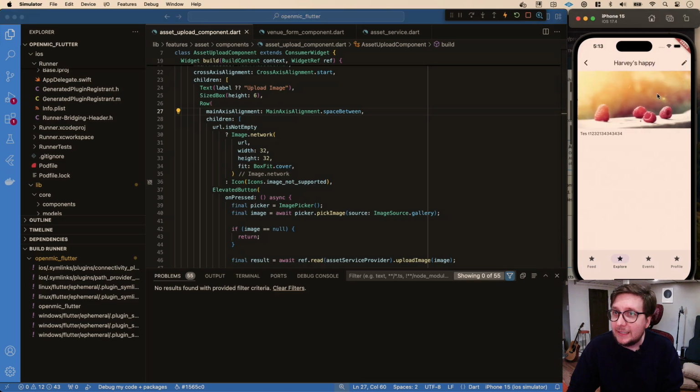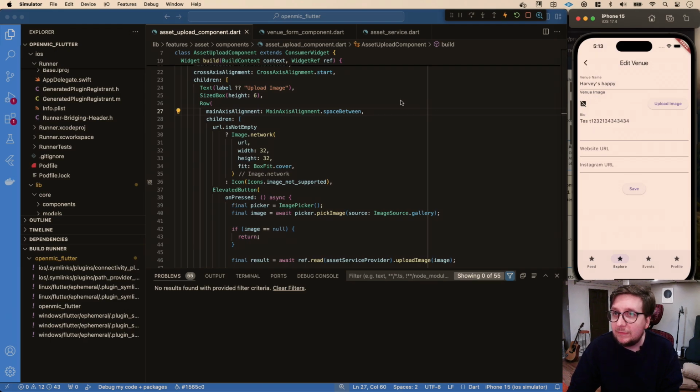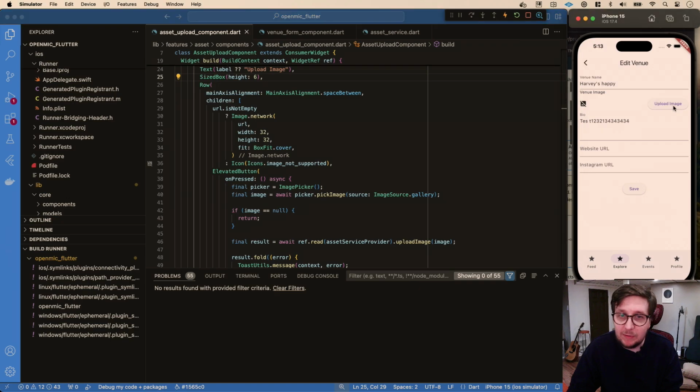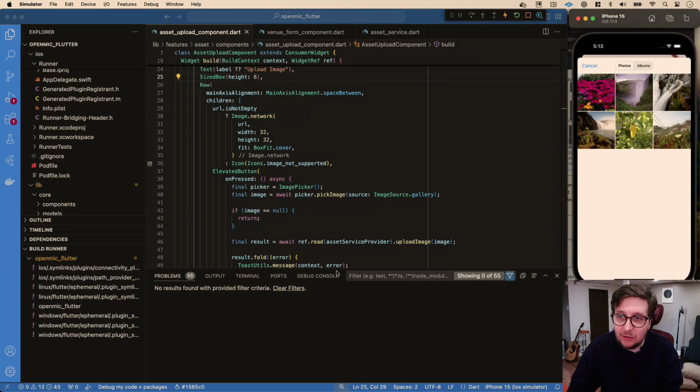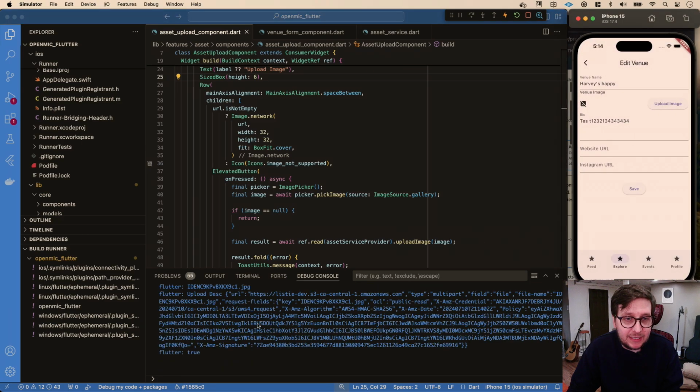Okay, edit this. There we go. Venue image. I mean, it's not perfect actually. I don't care right now. Let's just see if this will work. So we will go like this. Let's get our debug console open, clear everything, choose an image, and now we should actually see that being printed